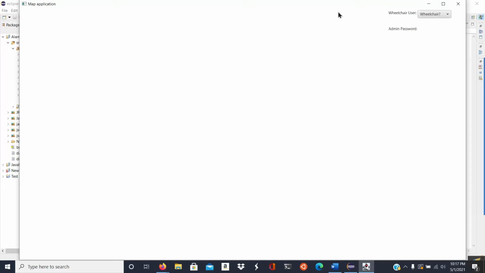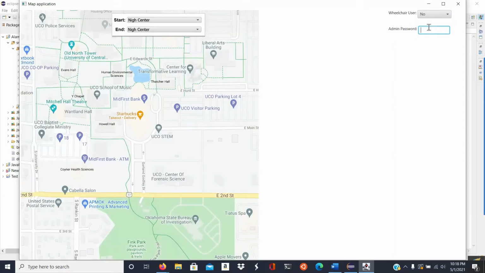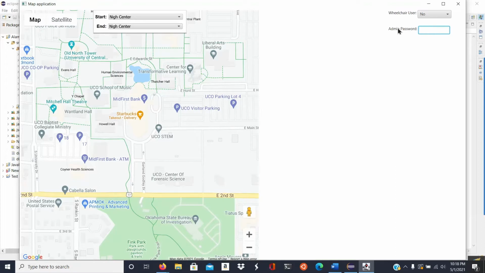Alright, so the application starts up like this, and it uses one of these drop down buttons, and it asks you to select if you're a wheelchair user or not. So we're going to start off with selecting no, and below it is the admin password field, which a user may or may not have. But if they do have it, they can enter in the passcode, which in this case is Chad, CHAD, all lowercase. If you click enter, it says your password is correct, and it brings up some more menu options for